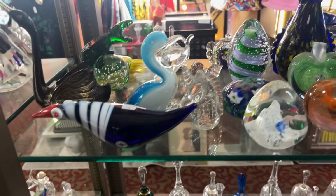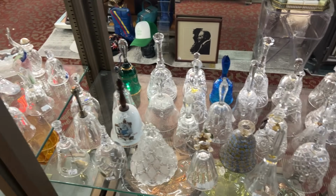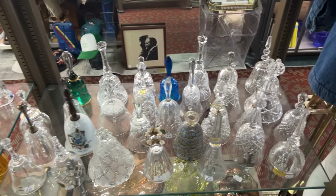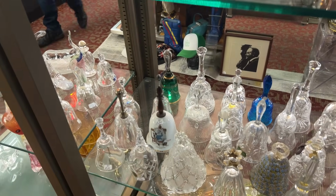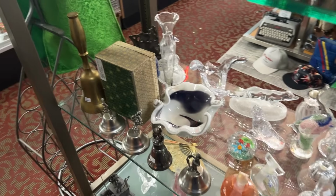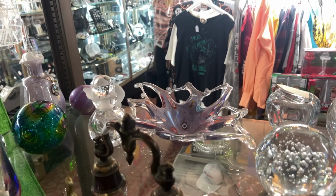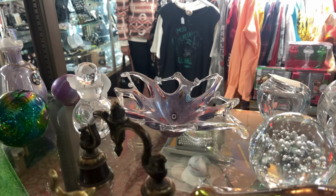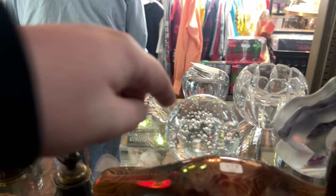And then look at all these bells down here. Oh, so many different types. I see reverse painted and I see etched. There's one here with Norman Rockwell's famous self-portrait on it. They're asking 24 for that. We got some metal bells over here. And then, oh, look at the Murano style glass. Now I see that it says made in Italy on there, so I don't know if it's actually Murano, but it's really beautiful, kind of that webbed style. And then, of course, here you have